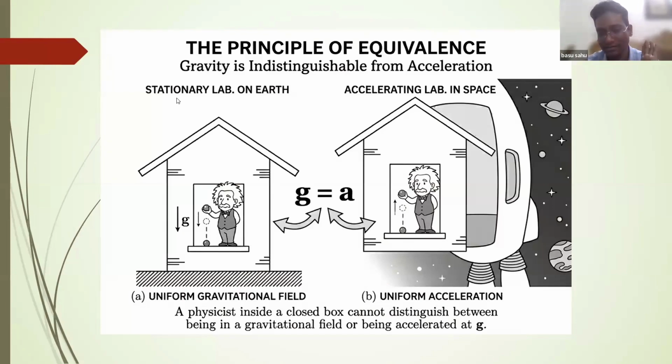he found out something else. This is beyond this course; even I don't know too much about that. So let us confine ourselves to whether it is g or a with respect to this person. We really don't know whether the force acting on this particular ball is gravitational force or it is due to the pseudo force. With respect to this man, we cannot differentiate. This is the concept behind this particular example.